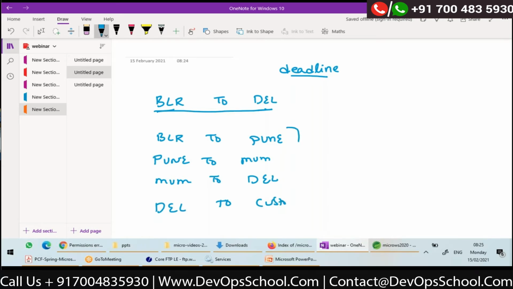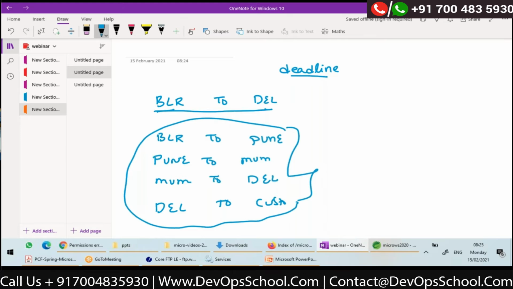So this is one route. Totally, this is a bigger route, is it? Maybe via road. But if the deadline is very short, I can directly have Bangalore to Delhi via flight.